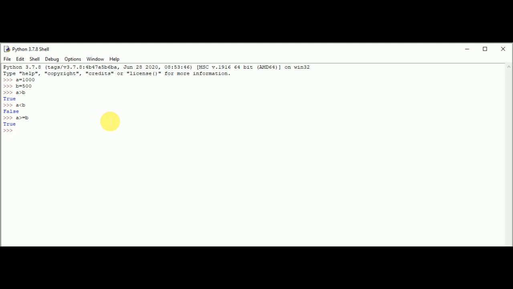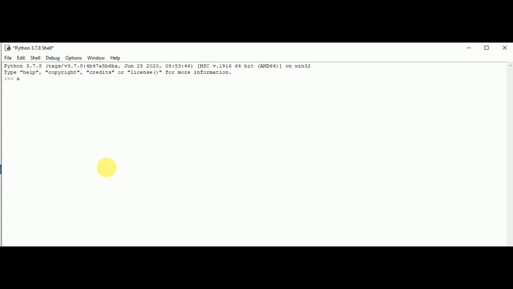For this, I may change the value of a. If I have a different value for variable a, suppose 1200, and b equals 500, and I apply a is greater than or equal to b, it produces true, and a is less than or equal to b produces false.